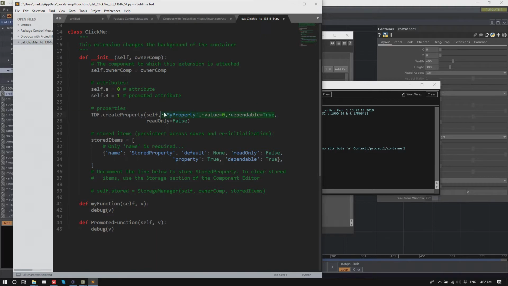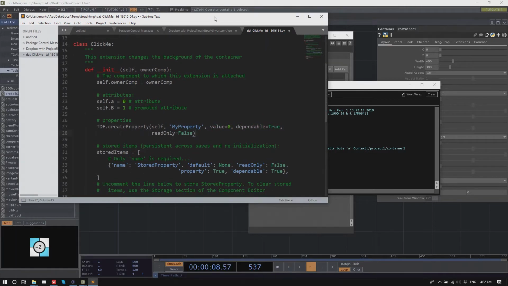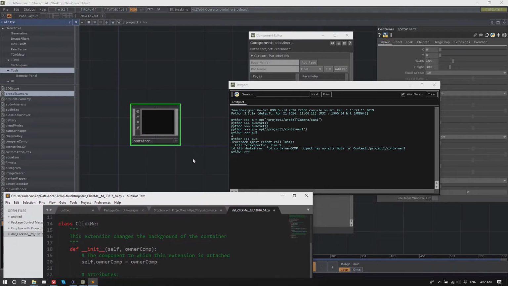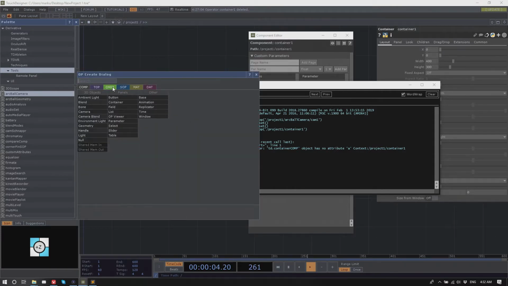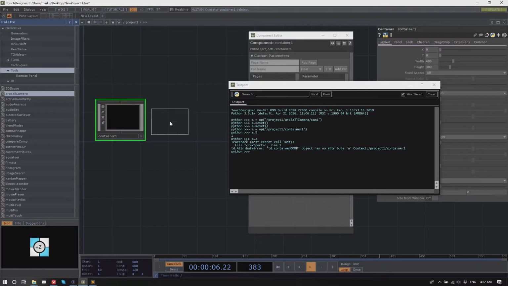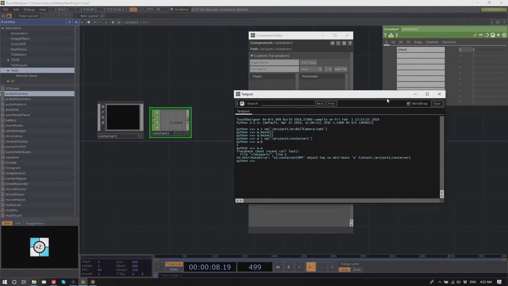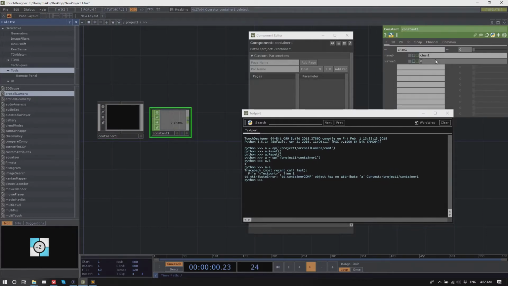Now, dependable means that I could, for example, make a little container or a little constant node here where I reference this a.B, or this attribute B. So op container1.B, and I get a 1 here, and that's fine.